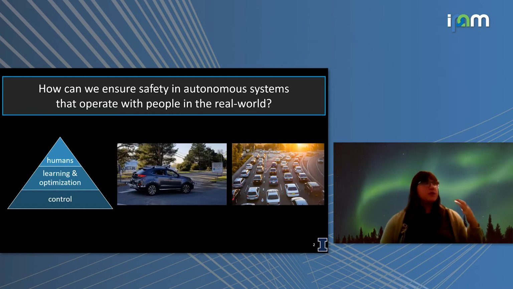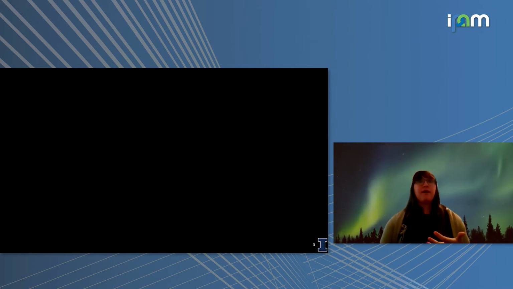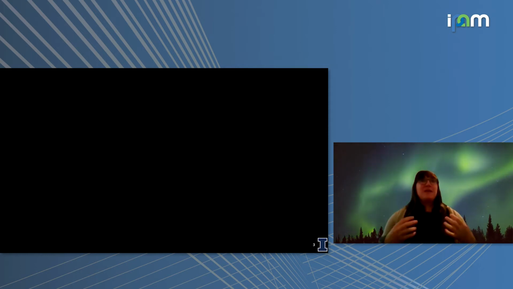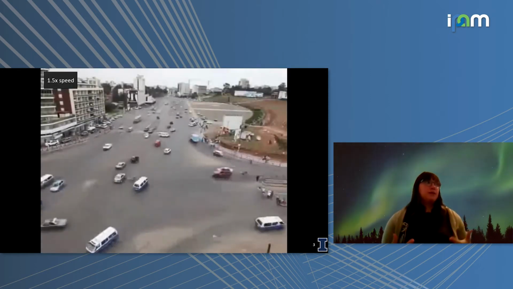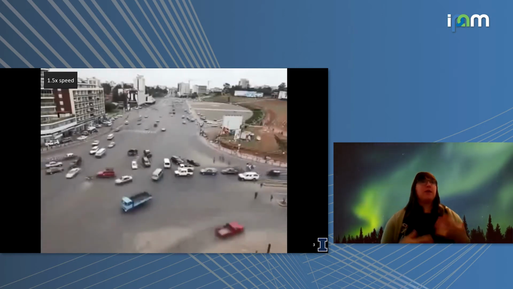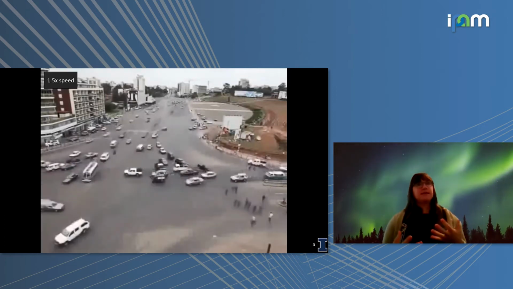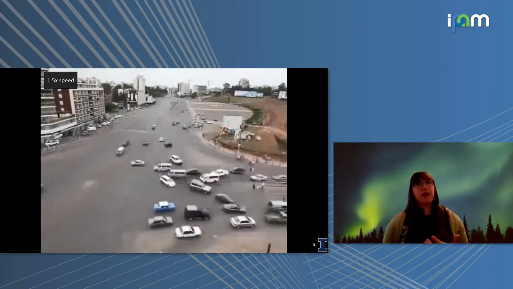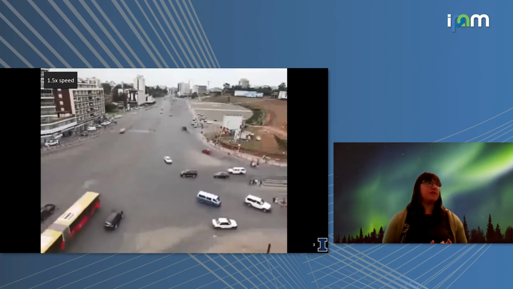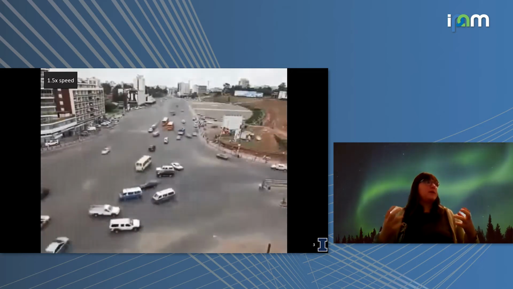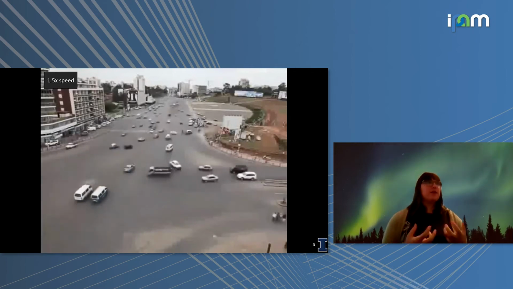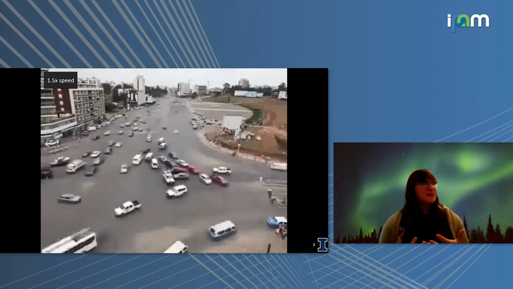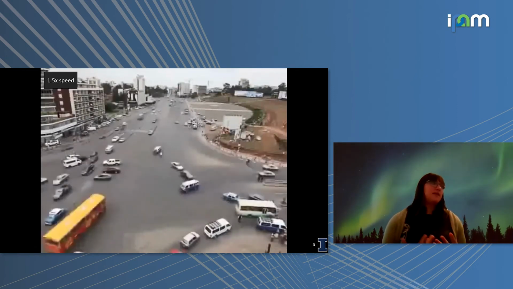Okay, just as a bit of motivation, I think everyone has already seen this video at some point, but I really like to think about how people are very, very good at interacting with other human agents. This is a video of human drivers seamlessly interacting at an unstructured intersection. It's important to note that the drivers are negotiating and interacting, and even though it might seem a little bit risky, this is all technically safe.